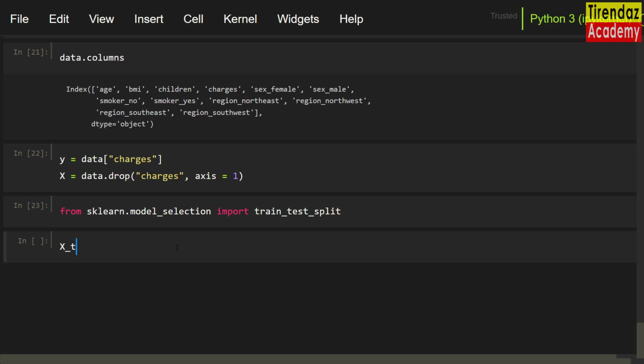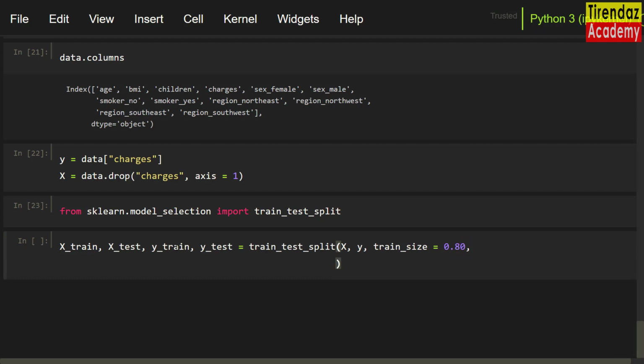X_train, X_test, y_train, y_test equals train_test_split. Let me set first X and then y, and for the train_size parameter, let me set 0.80.